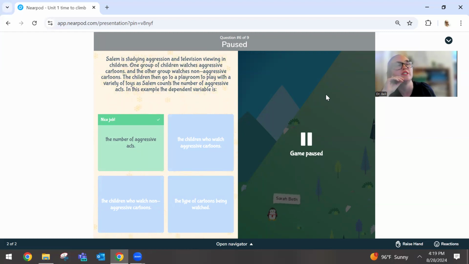Let's think about another example. I used to do a lot of brain stimulation research. Let's say you get the real brain stimulation or the fake brain stimulation, and then we give you an IQ test. The independent variable would be whether I gave you the real or fake brain stimulation, and then the IQ test would be the dependent variable. So we're saying maybe how you do on the IQ test depends on whether you got the real or fake brain stimulation, which is the independent variable.